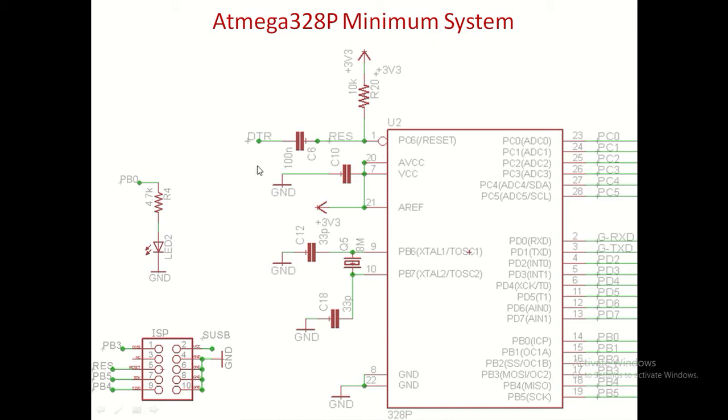So please understand, this is one of the important pins, which I will explain in the subsequent slides. So first, how will I load my boot program? Boot program means firmware. Please understand, this is not the application I am talking about. I am talking about the firmware. In order to load the firmware, that is, one-time programming of the bootloader, I am using a 10 pin header, which is called USBasp.